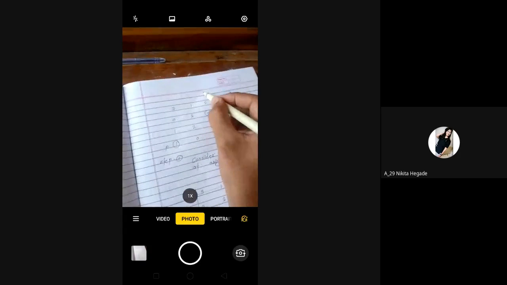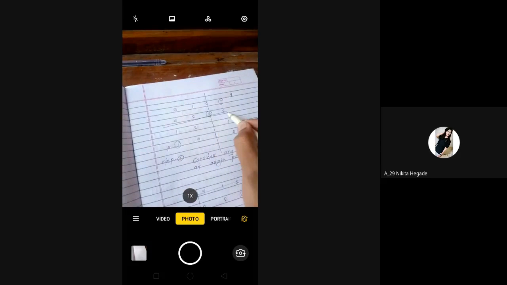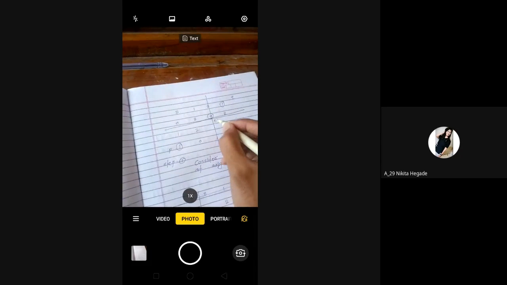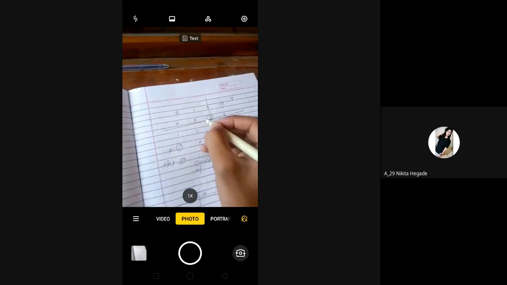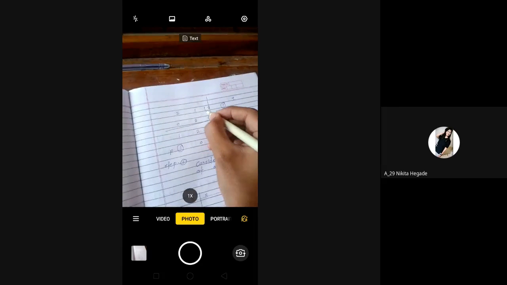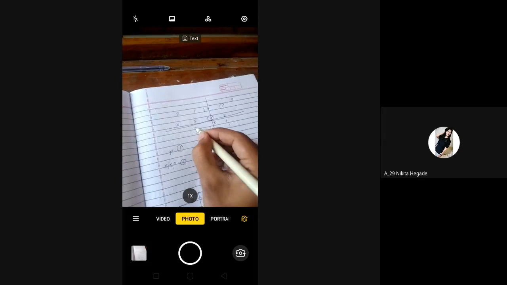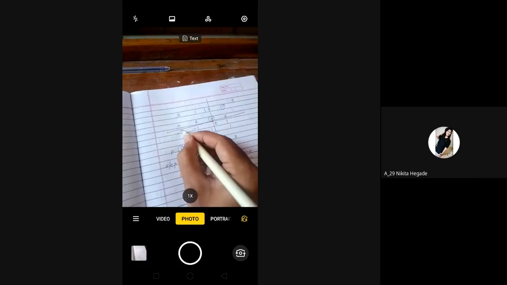मग बघा, so we have to draw the x-axis, sorry y-axis, and we have to draw the x-axis. मग इथं पोझिशन काय झाली याची 0, याची 1, 0 वरती 1, खालच्या बाजूला -1 -2 at left side also -1 -2. मग सांगा p ची पोझिशन काय झाली? What is the position of p?